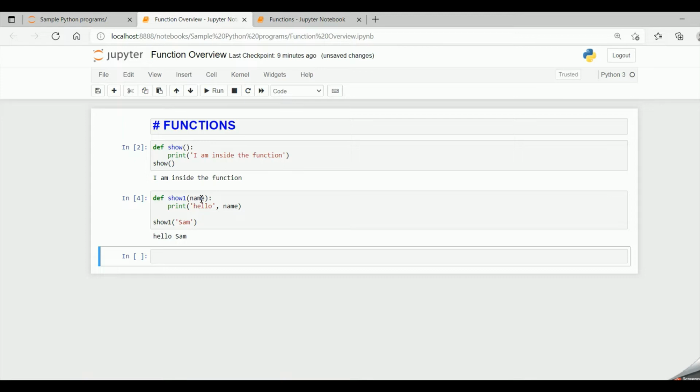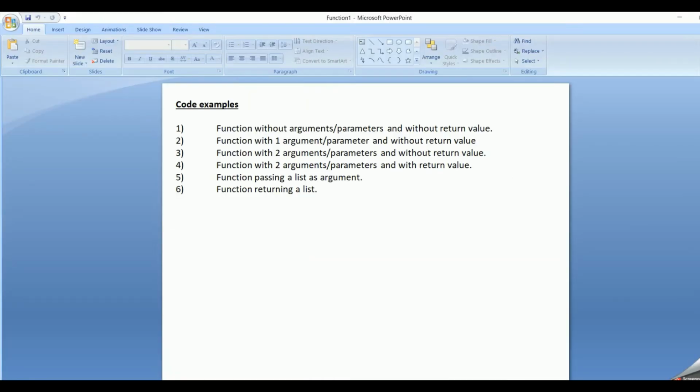So from the function call, the parameter Sam is passed as an input to the function definition. So it prints hello and then Sam. This was the second code example, wherein a function accepted one argument and did not return any value.